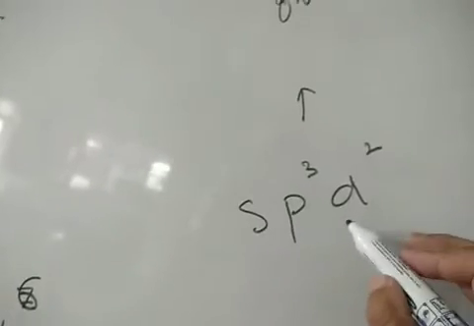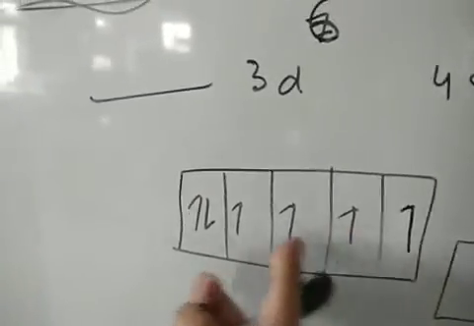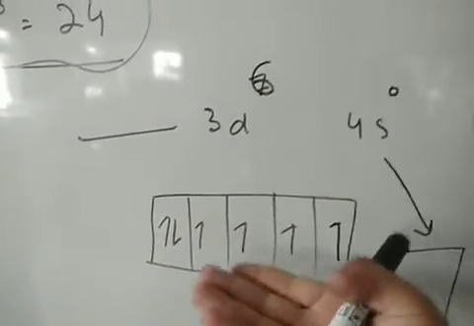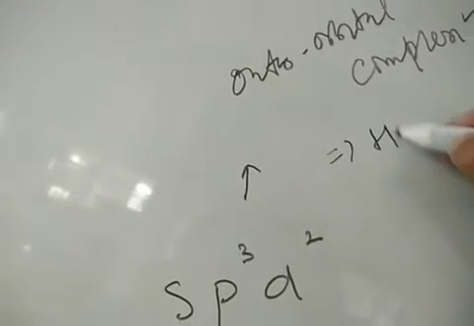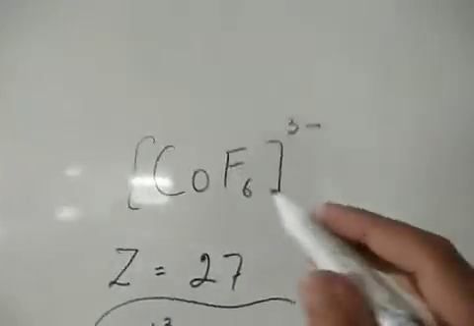ठीक. Now अब देखिए यहाँ पे क्योंकि ये पेयर नहीं है, that means now we have maximum number of spins available. So the spin value is increasing now. So its spin is very, very high. That means it's called a high spin complex. So as per valence bond theory, now this type of compound, we have an outer orbital complex,